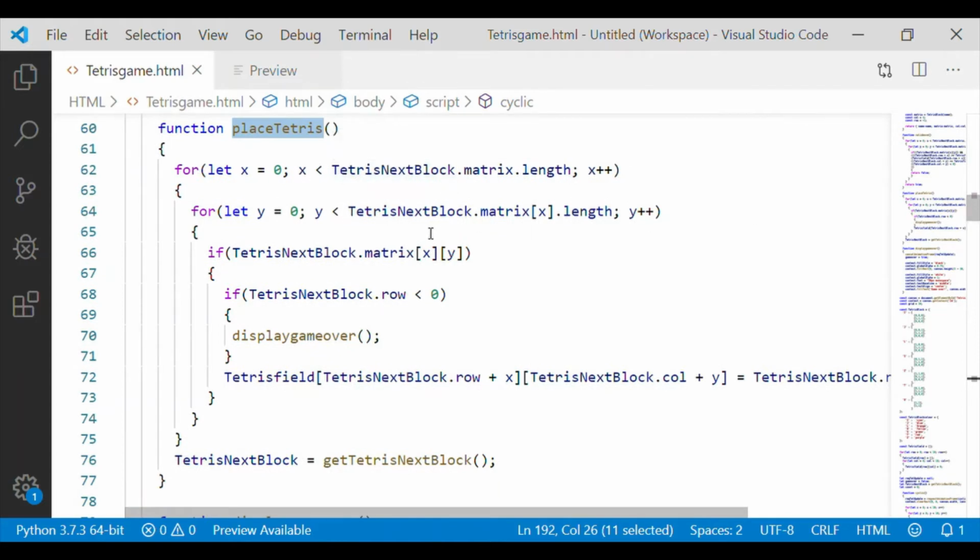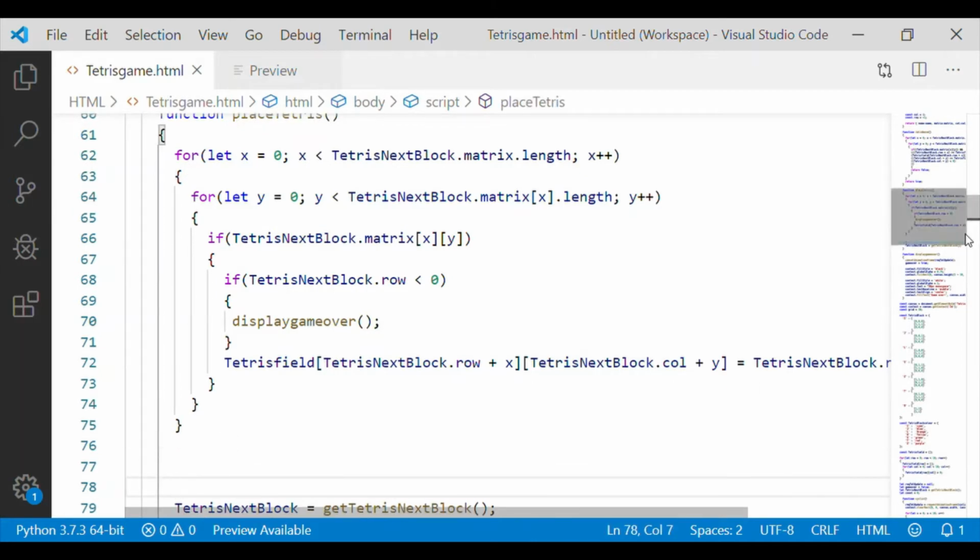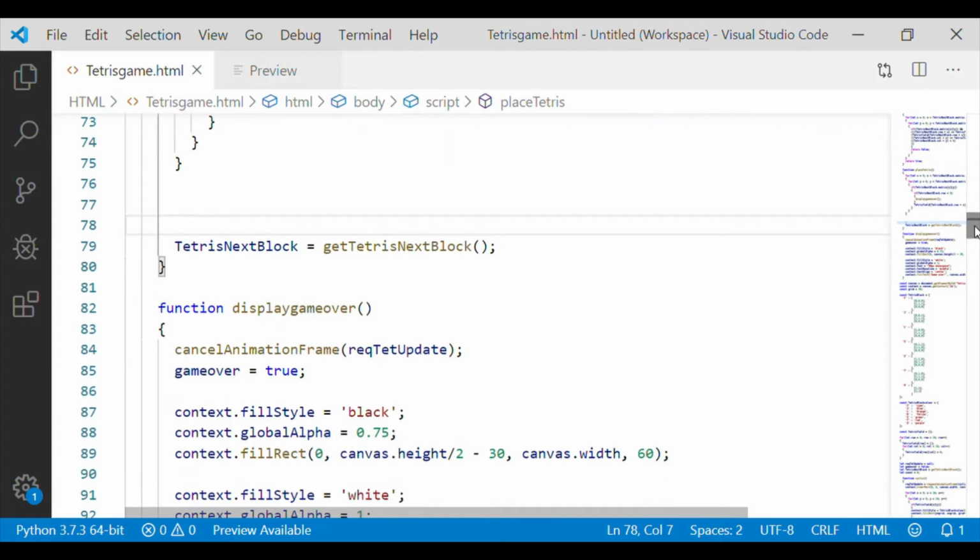We will try to remove that row and push the rows above it down by one position. So in place Tetris, after placing the corresponding Tetris next block in the Tetris field array, and before calling the next Tetris sequence, we will do this condition check.